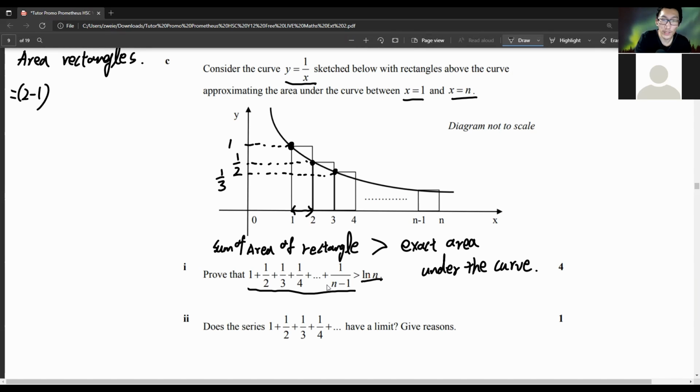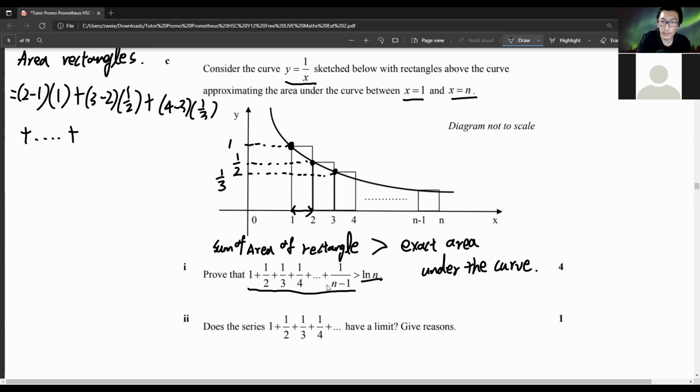The first base would be 2 minus 1 times the height, which is 1, plus the next rectangle's area, which is 3 minus 2 times a half, plus 4 minus 3 and then 1 on 3, and then it will be plus all the way until